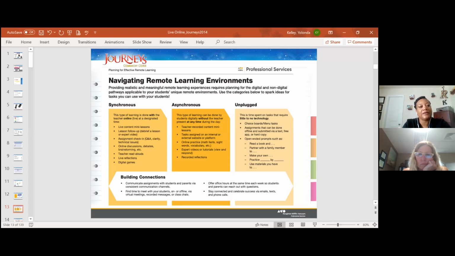And then thirdly, those things that are unplugged. Some of that may not be totally unplugged. And as we think about when students are home, do they have their hard copy materials with them, versus also just relying on the dashboard for things like that, and what types of assignments we would be providing for our students. So those are your 3 big buckets: synchronous together, asynchronous where it's partly online, all right, and then